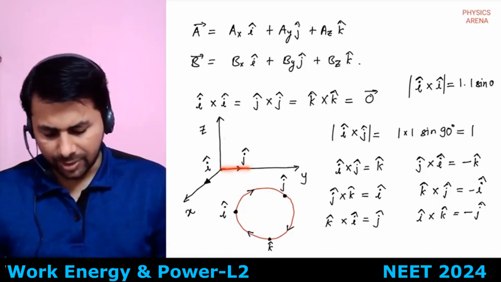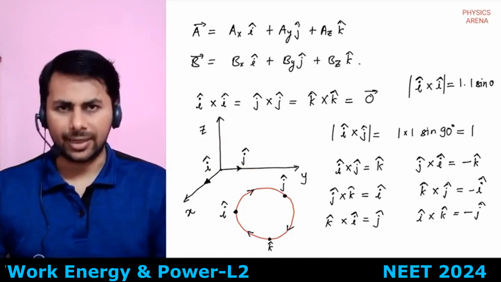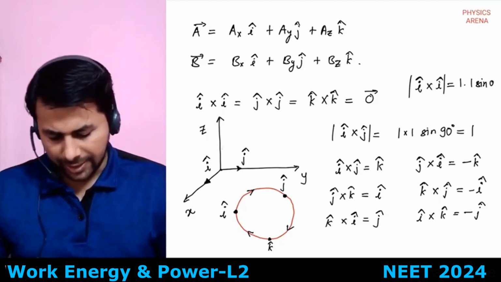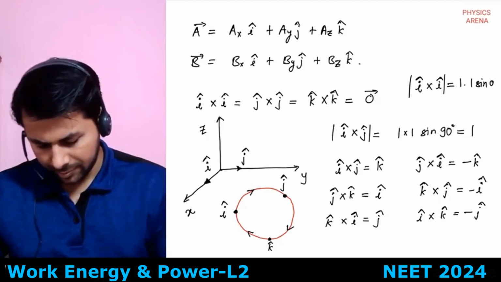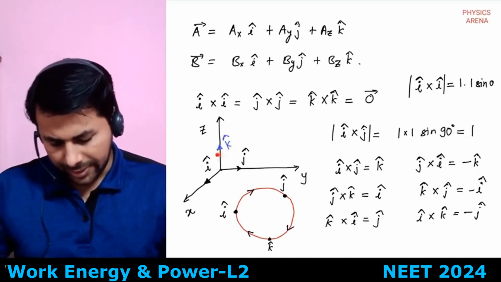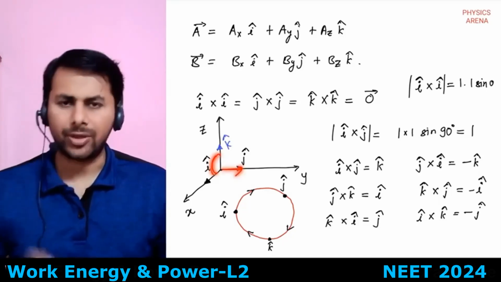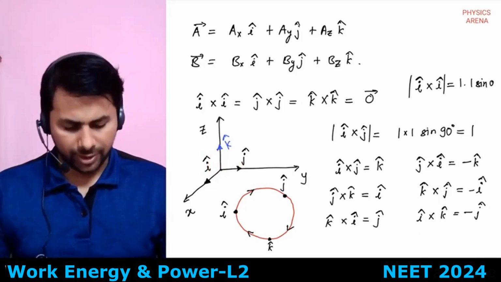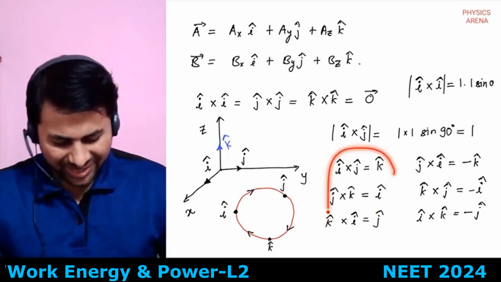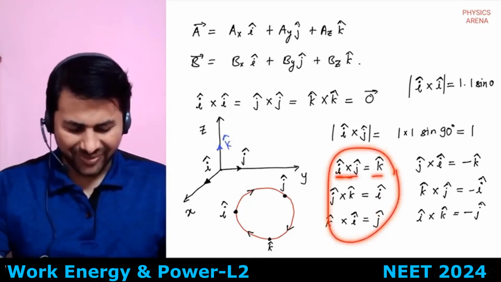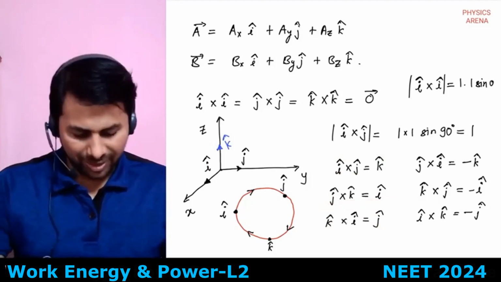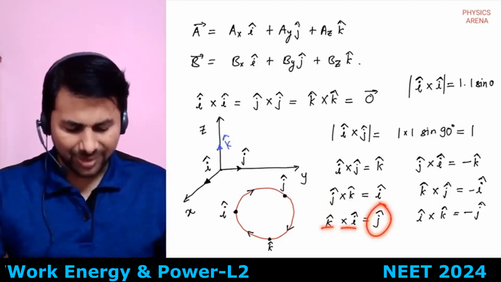Similarly, j cap cross k cap equals i cap, and k cap cross i cap will be equal to j cap. I have written it here. i cap cross j cap will be k cap, j cap cross k cap will be i cap, and k cap cross i cap will be j cap,